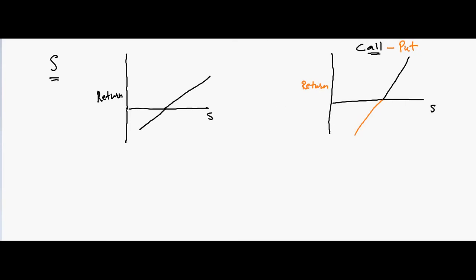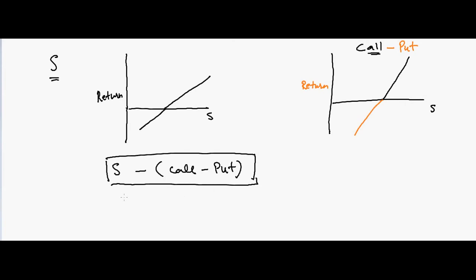Now what you can do is two things. Either you buy the stock and then sell this combination: sell call minus put. In that case, it doesn't matter if the stock goes up or down. The value for this instrument will not change at all. And the other option is to do it the other way: call minus put plus stock. Oh, sorry, minus stock. That's another choice.